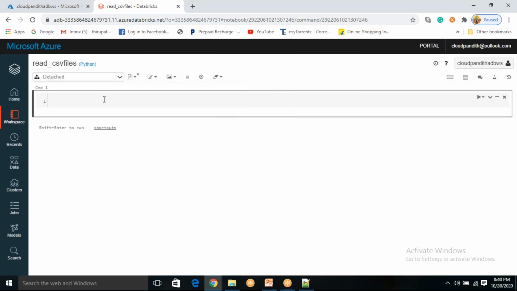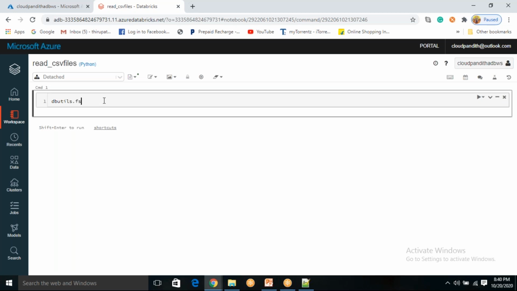So meanwhile, we will start writing our code. What I wanted to do is store three different types of files. To store three different types of files, I want to create three different folders in my Databricks file system. If you remember, we can use the dbutils commands or CLI commands to create folders inside the Databricks file system. So for that, I'm going to use the dbutils commands, which we have discussed in our previous sessions.